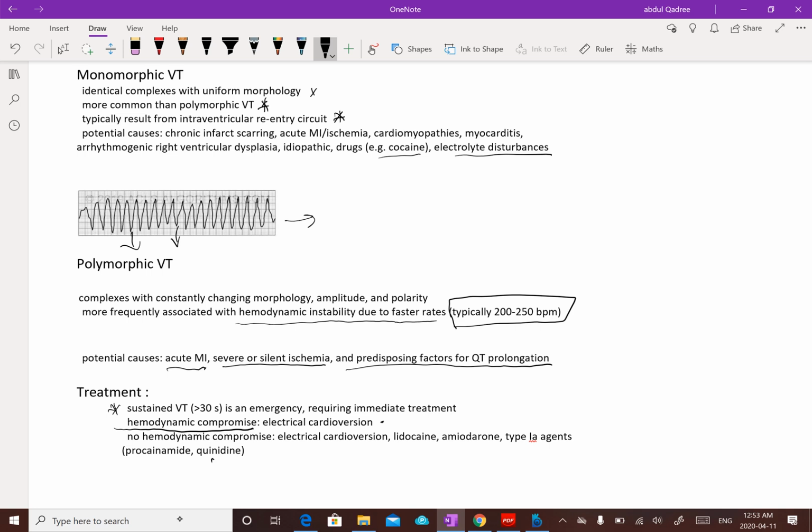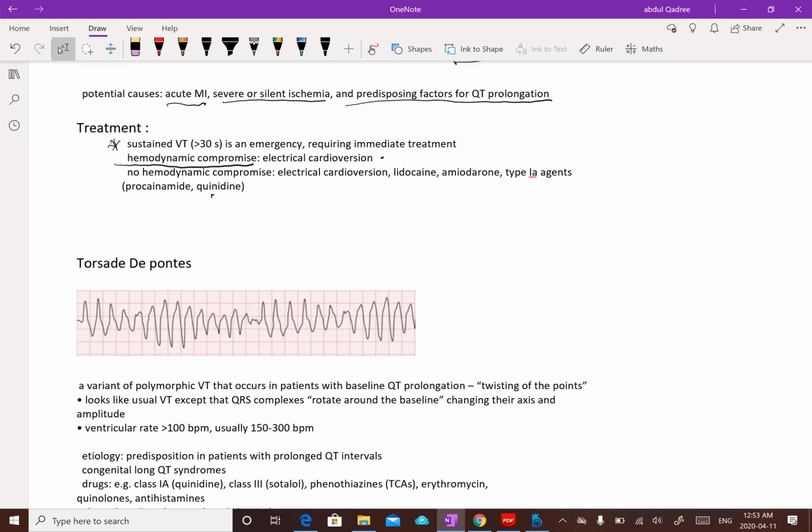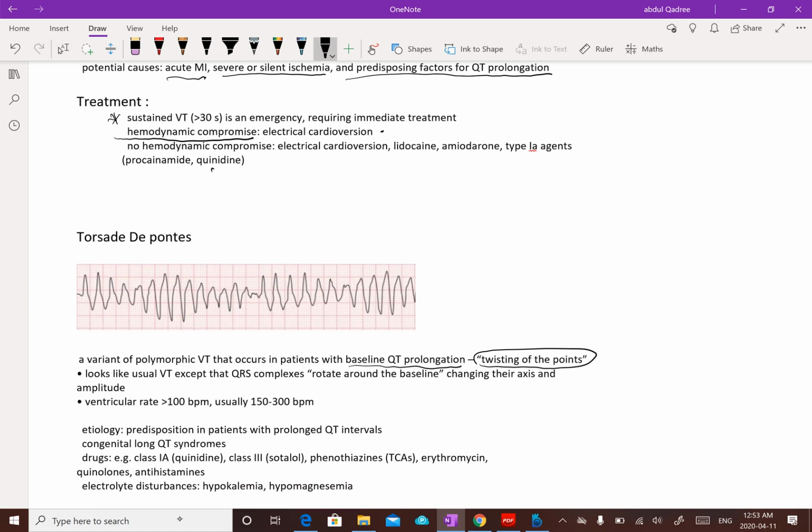And as I said, there are two types, monomorphic and polymorphic. So let's talk about one of the types of polymorphic, which is called torsades de pointes. Torsades de pointes, from its name, which means twisting of the points, tells you that it's a variant of polymorphic VTach that occurs in patients with baseline QT prolongation. If somebody is predisposed to having a prolonged QT, it could be due to drugs, electrolyte abnormalities, or some idiopathic diseases like congenital long QT syndromes. They are more likely to have an arrhythmia such as torsades de pointes. Usually the ventricular rate is around 150 to 300 beats per minute, and